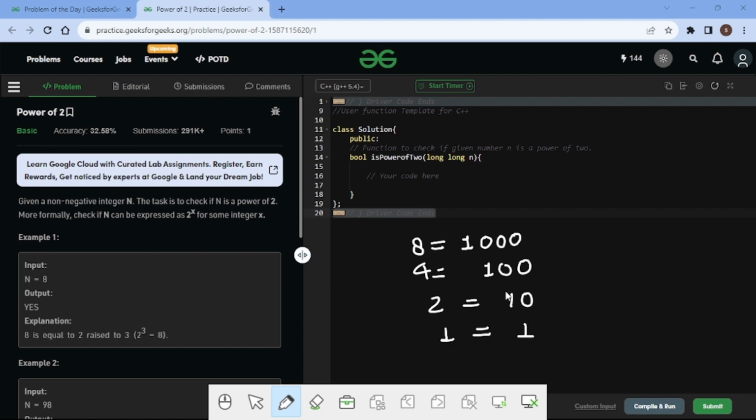So we clearly observe that there is a pattern. Take the example of 16, which is 10000 in bit format. So there is a pattern.